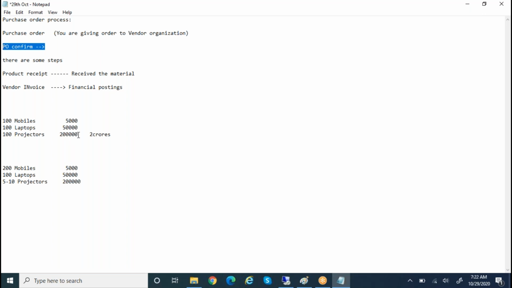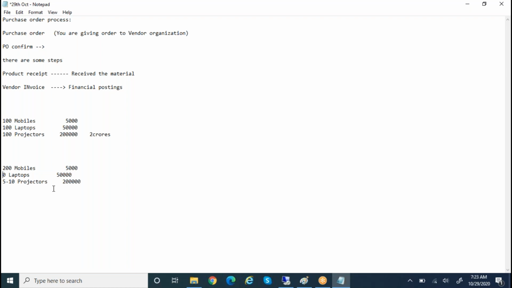Whenever you are purchasing material, it should be for the nearest 1 month, 2 months, and I need to think whether I'm going to sell these many items or not. Then only I need to purchase. If it is mobiles, nowadays everyone is purchasing mobiles, of course online, but if my mobile shop is more famous and people are coming and purchasing, then I can purchase 200 mobiles, 100 laptops.